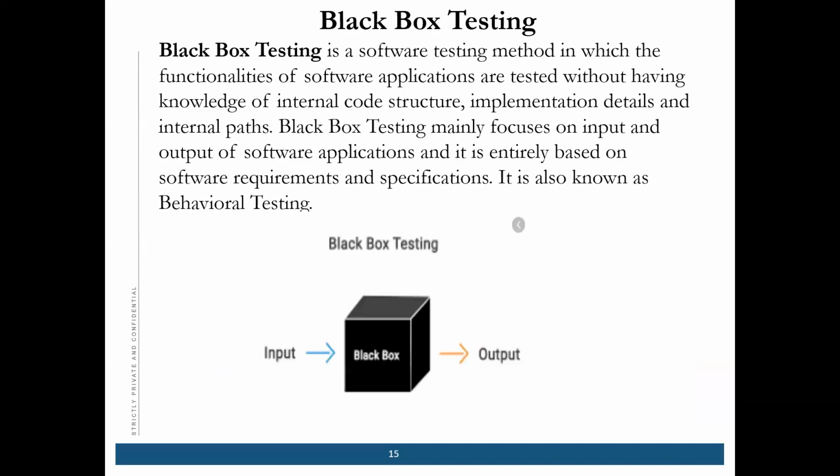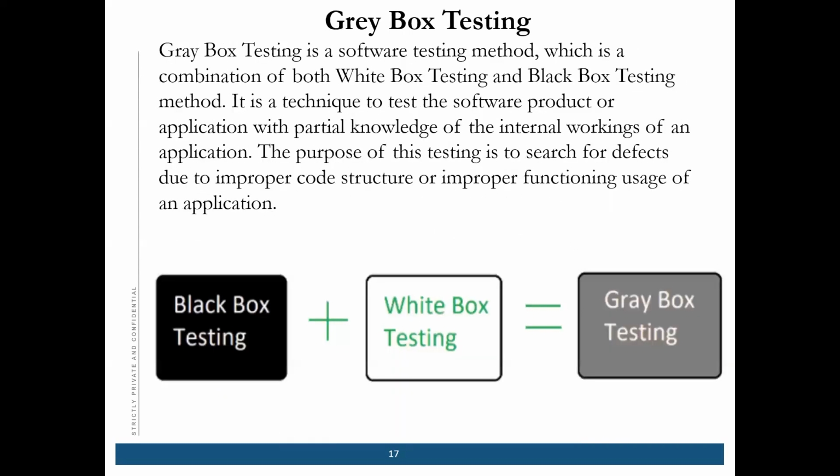Okay, so next is gray box testing. These are all white box testing, black box testing and white box. Now, what is gray box testing? It combines the concept of both black box and white box testing. In gray box testing, internal implementation detail is partially known to the tester, while the rest is not known to the tester. That is the reason it is called gray box testing, because some parts are visible but some parts are not visible. So these are the three methods of software testing.